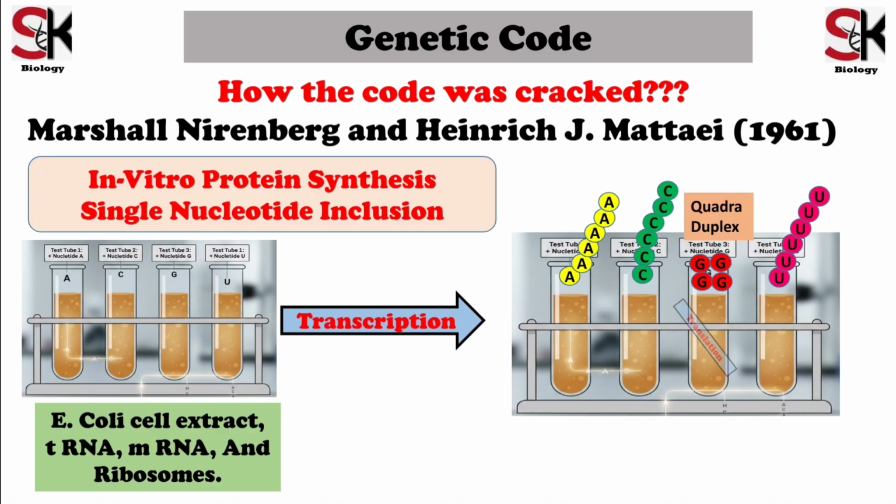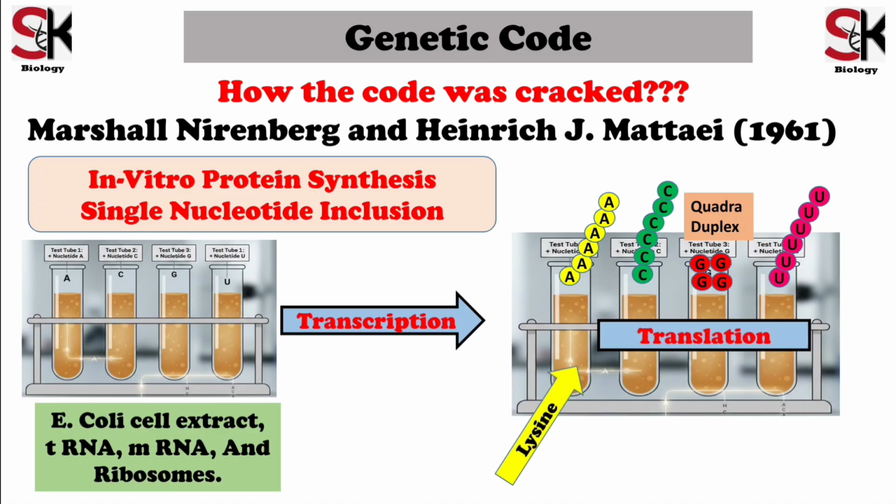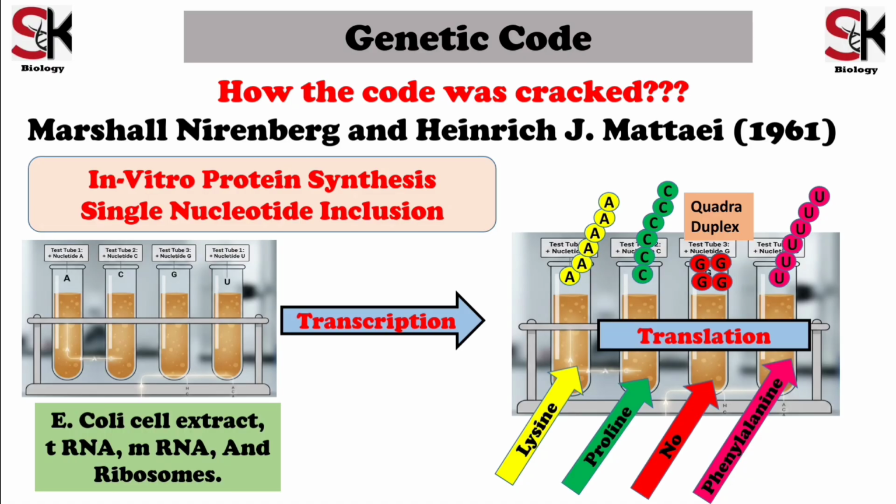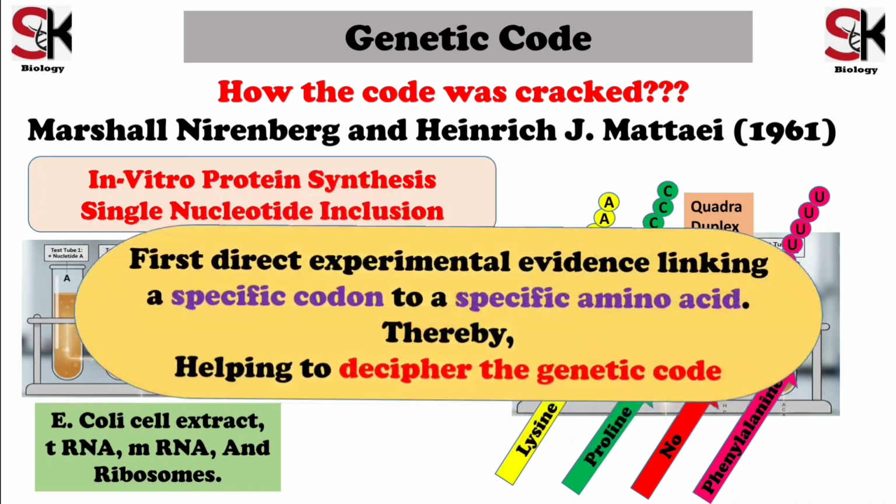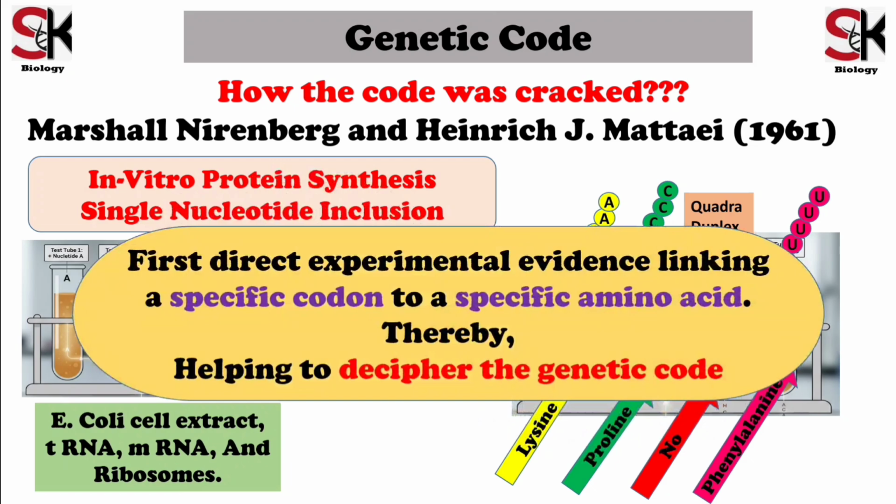When these reaction mixtures undergo translation, the poly A tube gives rise to polylysine peptide, poly C produces polyproline peptide, and poly U produces polyphenylalanine peptide. Due to the quadruplex structure, G is not able to produce any amino acid. In this way, Nirenberg and Matthaei gave the first experimental evidence which linked a specific codon to a specific amino acid and helped